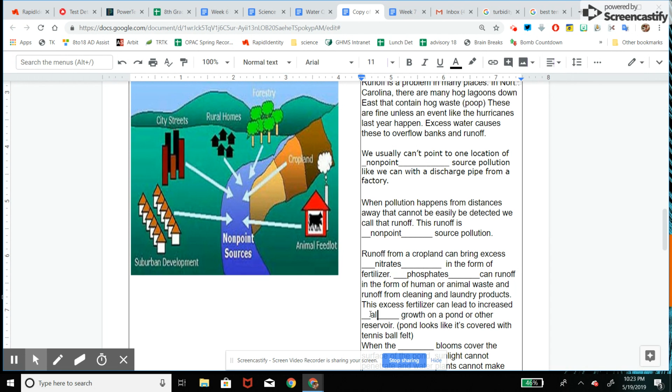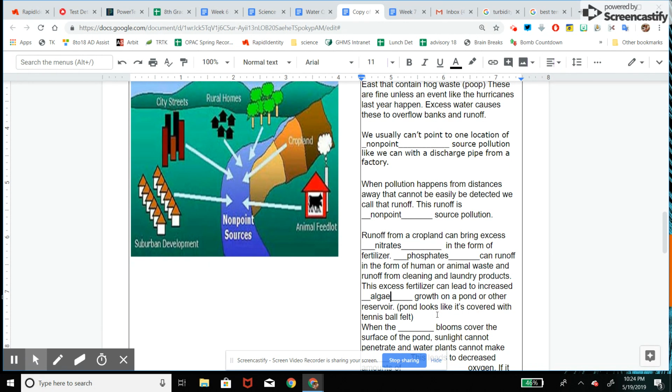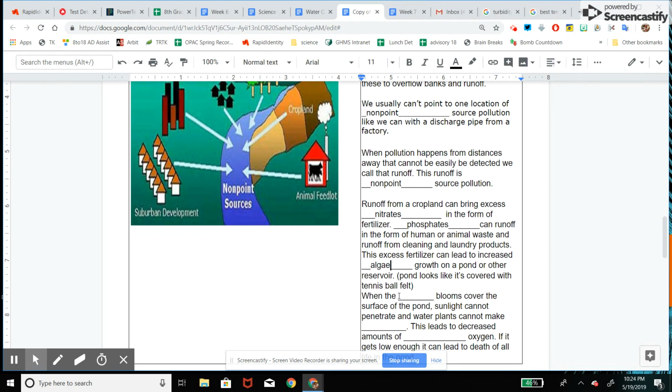You may know about an algae eater if you have a fish tank or something, but sometimes on the top of a pond it'll grow and look like it's covered with tennis ball felt. Have you ever seen a tennis ball? Look on the bottom of a few of my chairs or something. The whole top of the pond will turn that color. These algal blooms, just an adjectival form of algae,